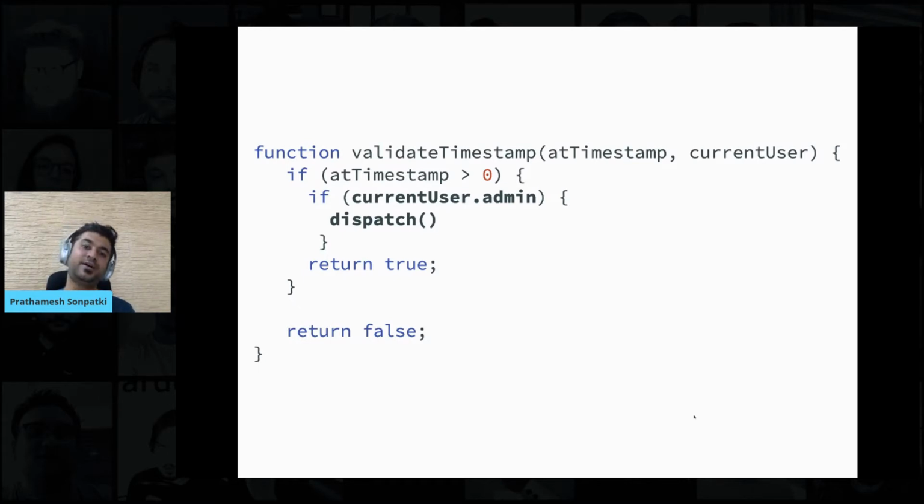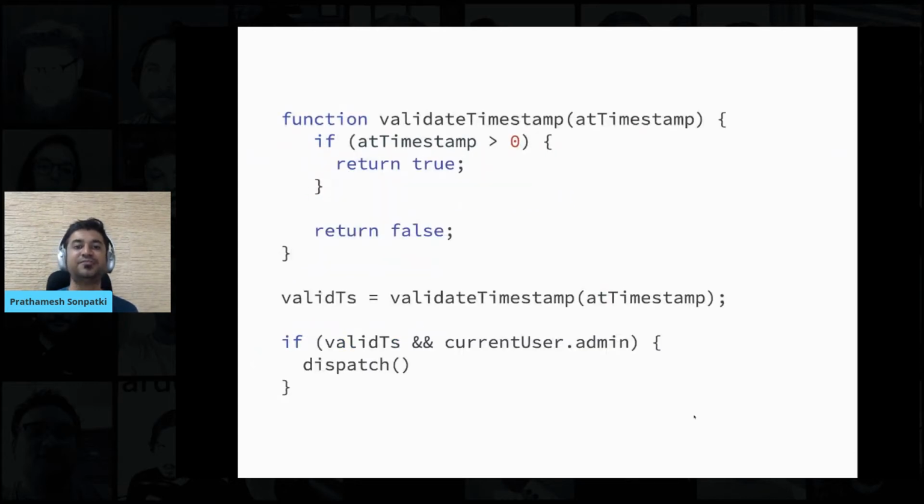And somebody doing a code review or code check, if I look at the name of the function, validate timestamp, I don't understand what other things it is doing. So here we are doing a side effect, right? While checking the validation of the timestamp, we are also dispatching the action under certain conditions.